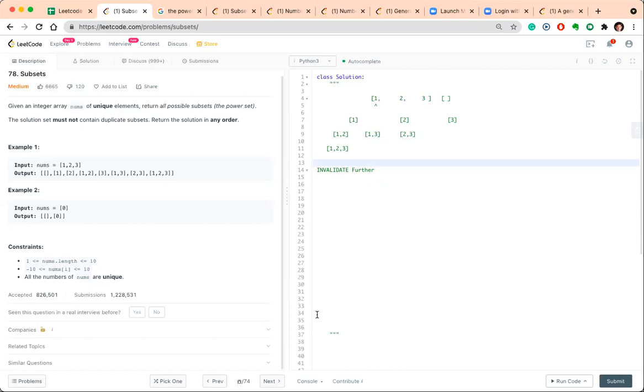That's why after 1, 3 you cannot do 1, 3, 2, because you cannot go back, right? So you will never have a duplicate set. It cannot be 1, 3, 2, so you've never encountered that scenario. You just have to go back to 1 and choose another one, which is 2. And after 2, you can't have 2, 1, so it has to be 2, 3. So it's just a forward way of looking.